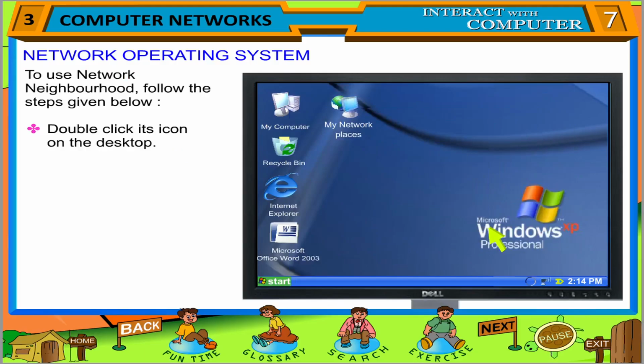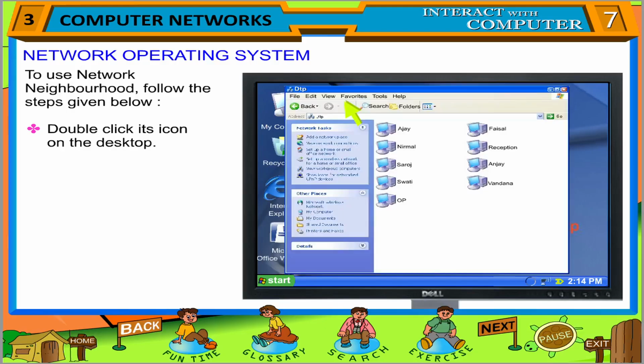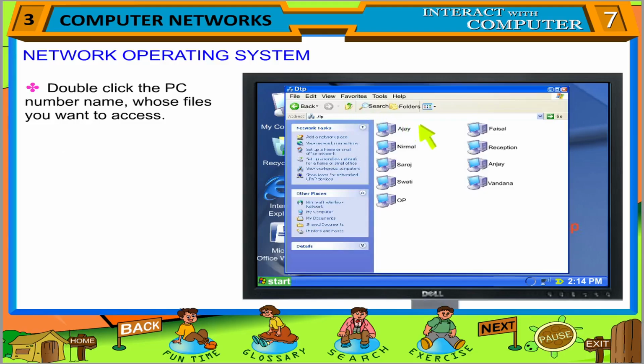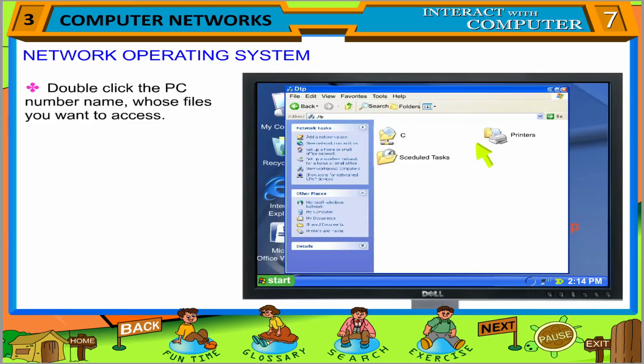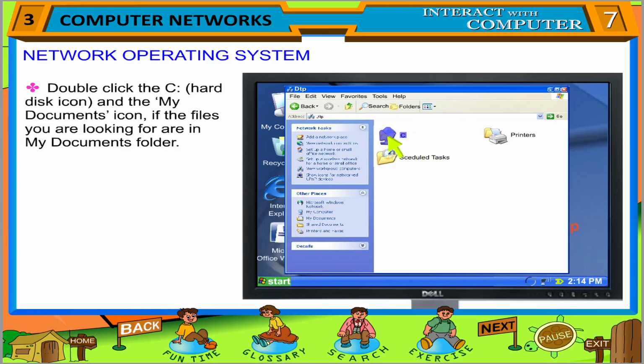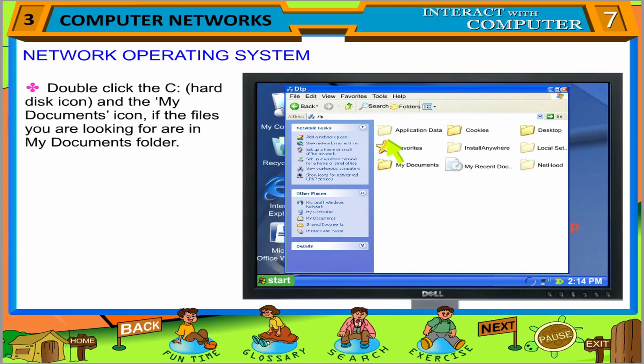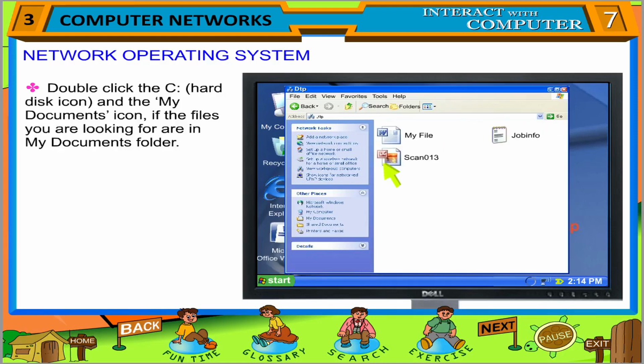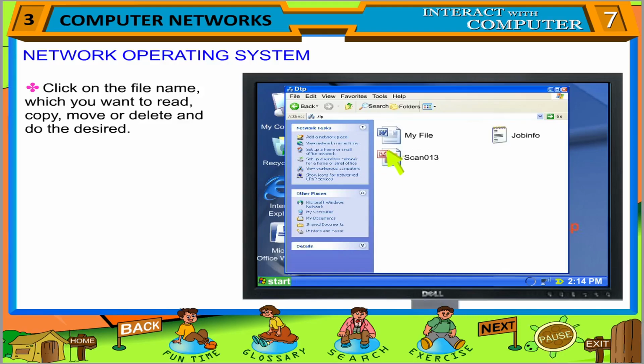To use Network Neighborhood, follow the steps given below. Double-click its icon on the desktop. Double-click the PC number name whose files you want to access. Double-click the C: hard disk icon and the My Documents icon if the files you're looking for are in the My Documents folder. Click on the file name which you want to read, copy, move or delete and do the